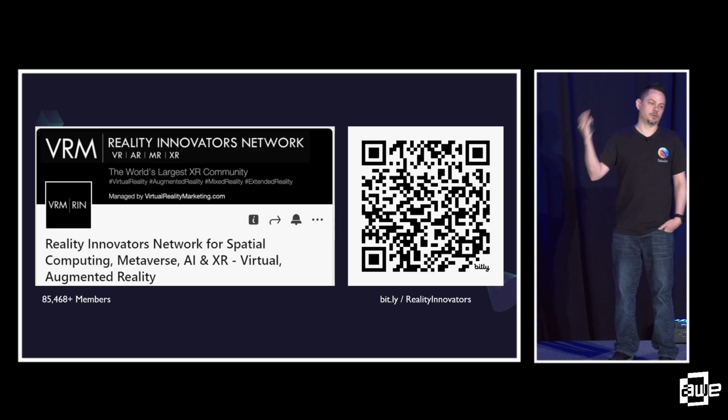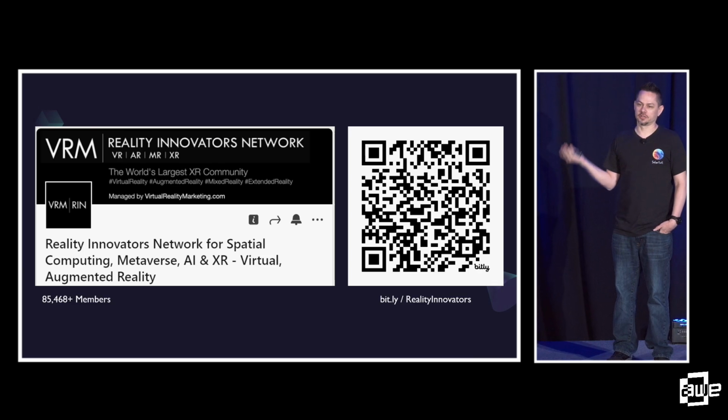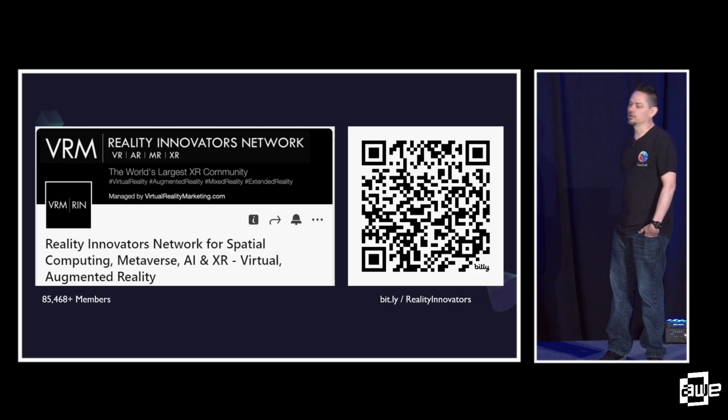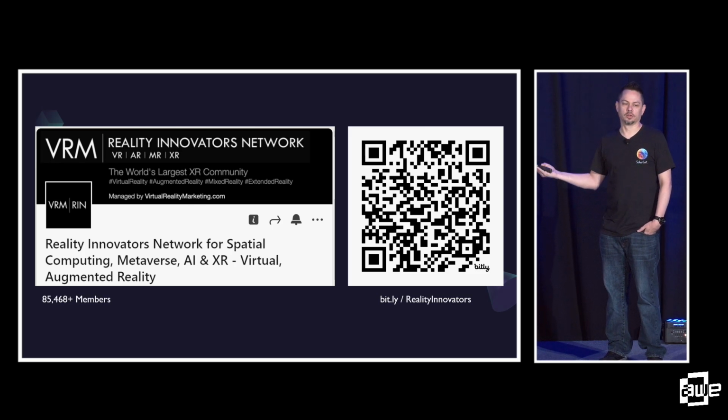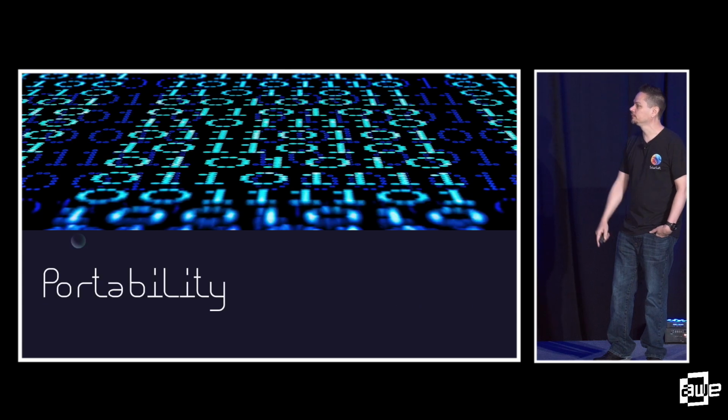So how do you keep track of all of these resources that I just shared? I saw lots of people taking screenshots, but if you bookmark any one thing, I would recommend that you bookmark this. This is the Reality Innovators Network on LinkedIn. All the resources that I just talked about have been published in this LinkedIn group at some point. I'm not going to say that everything there is high signal, but a lot of high signal stuff is posted there. So if you connect in one place, I would recommend connecting there.